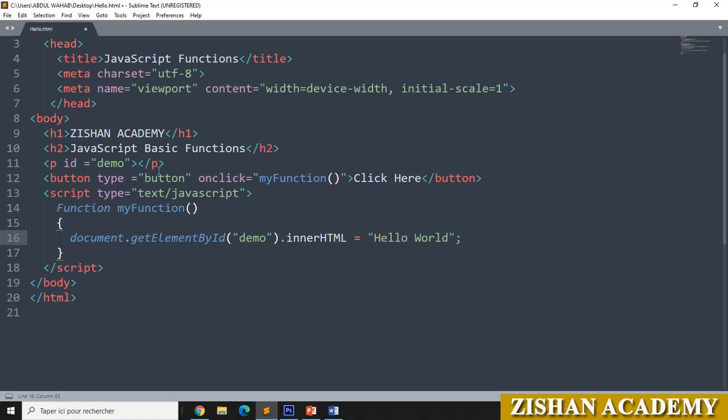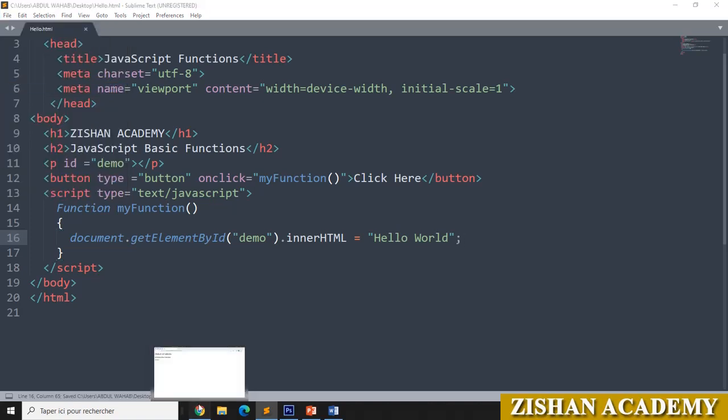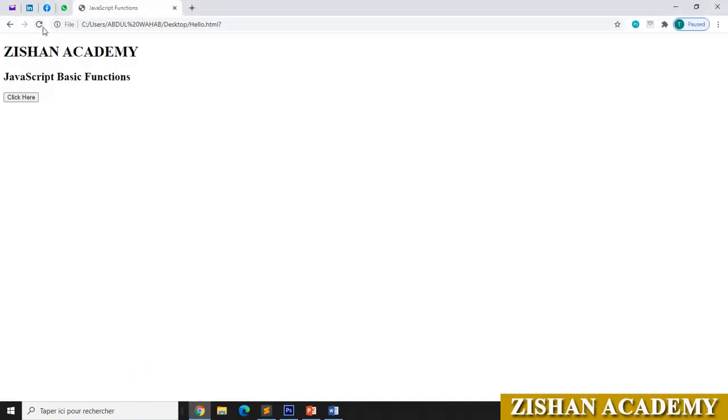Now suppose if we click this button, it will call this function, myFunction, and here you will get the message in the paragraph. You will get it in the paragraph, hello world. Let us see the output, how it works. Go to file, save the file, come to the browser, refresh the browser. Now we got the same thing. We click here, in the paragraph you have to get the hello world. Just click it here. No, something went wrong. Let us see once again.